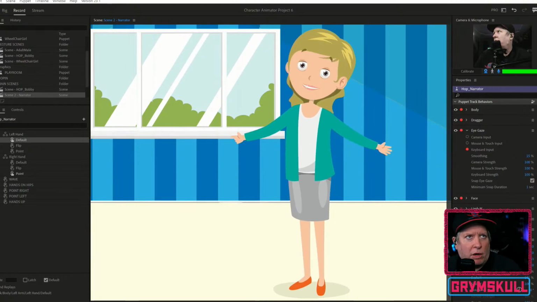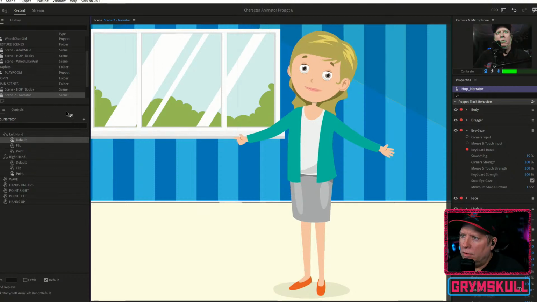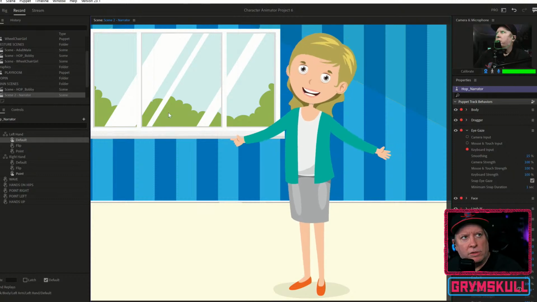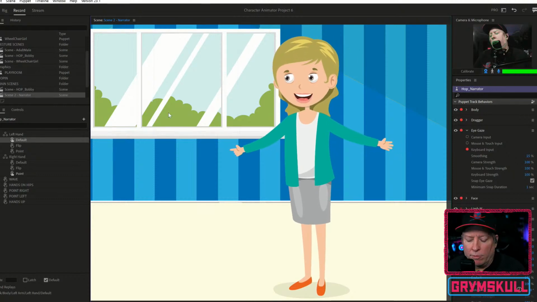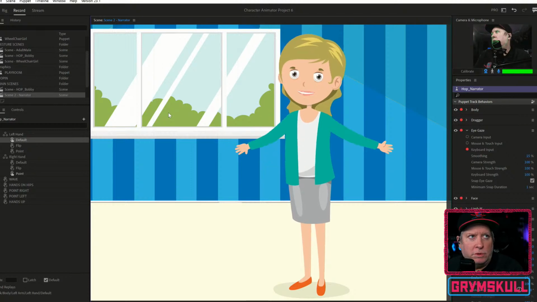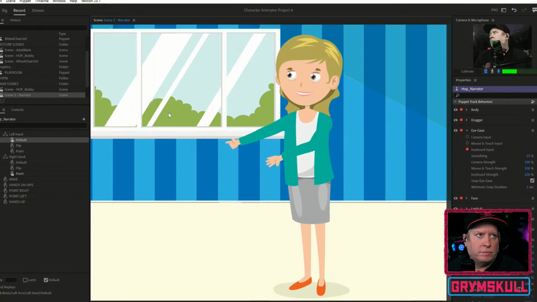So this is the character that we're working on, or is it done? Right, it's done. This character's done. So we can make him look around, do gestures, all that kind of stuff.